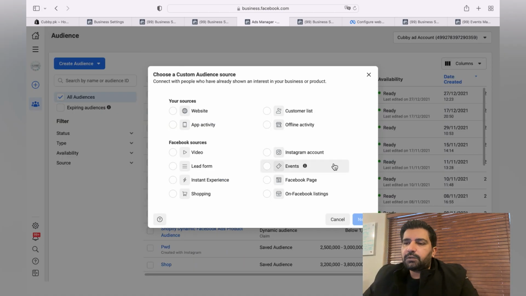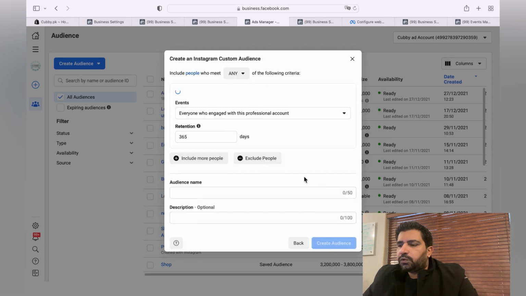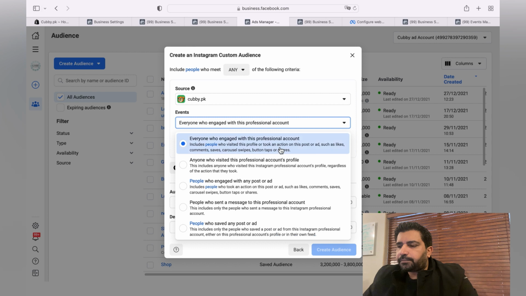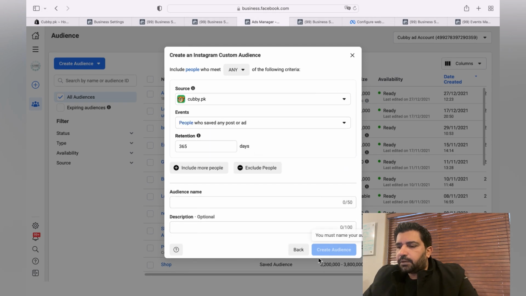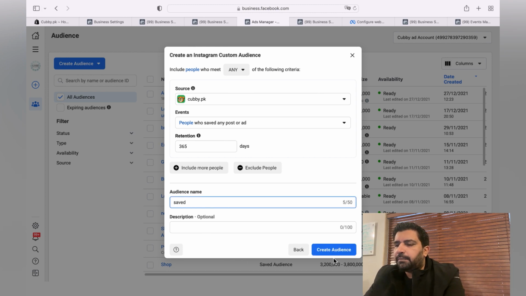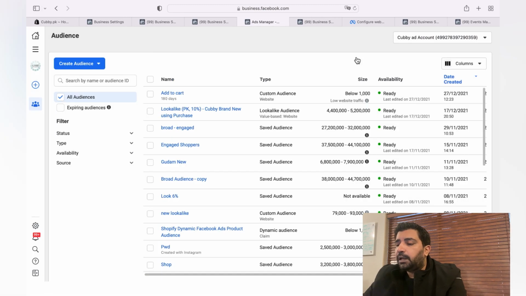Similarly, on create audience, click on custom audience and choose Facebook or Instagram. From here, choose people who have saved your post or ad. So from here you can create another audience. Just give it a name that you would remember, and create the audience. These two audiences are really important because these are the people who already know about your page, and they are your warm audience.